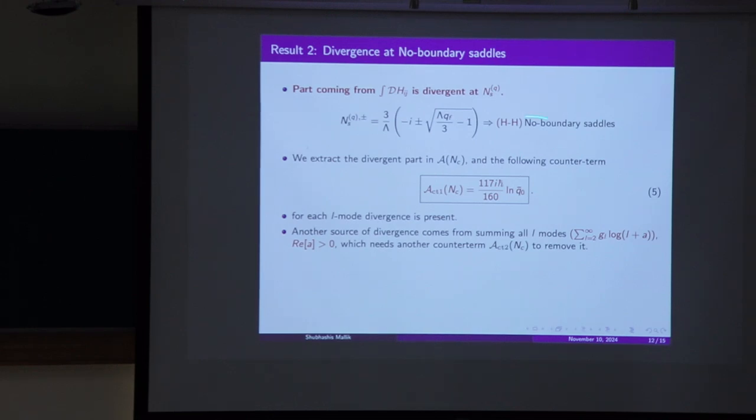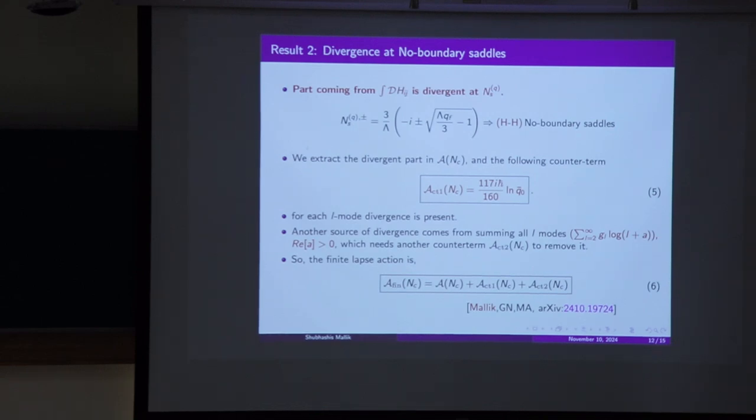Apart from this divergence, there is another kind of divergence that comes from summing over all L modes, which looks like this. This is the degeneracy factor, and this is log L plus A, with A positive. Similarly, we extract the divergent piece and the finite piece, and subtract this divergence by adding another counter term to make it finite. After we do all this, we add these two counter terms and make this finite. This is the finite quantum correction section that we will utilize